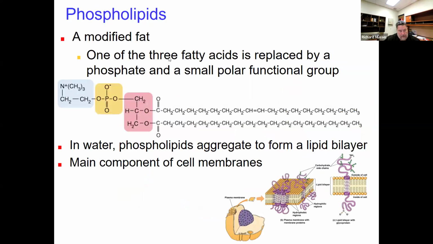Now, cell membranes are made up of phospholipids, and this is a really important type of lipid. Here we can see that it helps to form a cell membrane. So this part right here is the hydrophobic side. This is the fatty tails. And here you see it's saturated, here unsaturated on that tail. And then up here we have what we call the hydrophilic head, the part that likes water. So this part is hydrophobic, these tails, and this part is hydrophilic, it likes water.